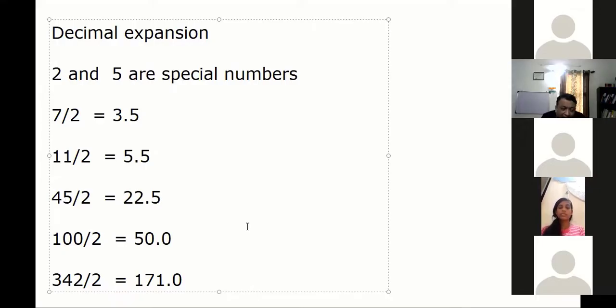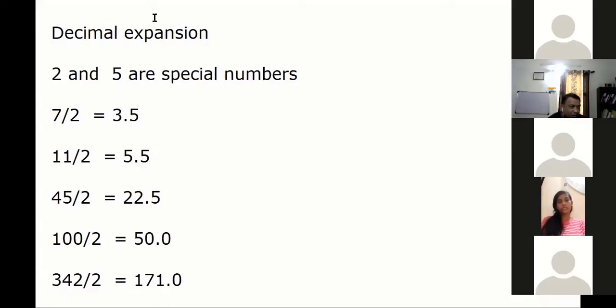Dhruv, pi is an irrational number. I am talking about integers, natural or whole numbers. We are still talking about fractions here, because finally I am making it a fraction. Irrational numbers you cannot write as a fraction anyway, so you cannot divide, forget it. See the property for now. And everybody take a screenshot of this because that will make a standard.